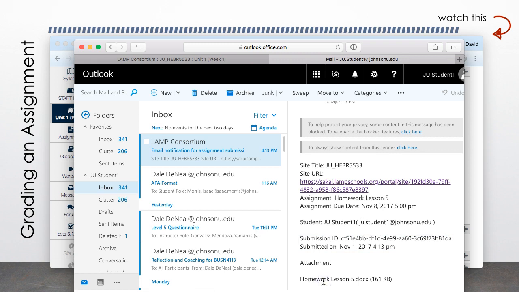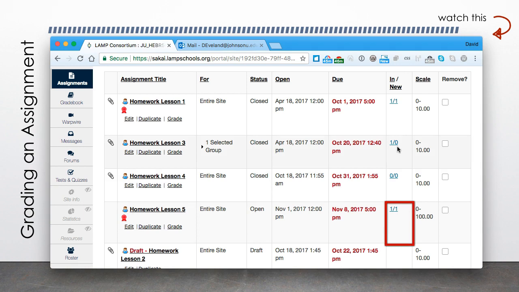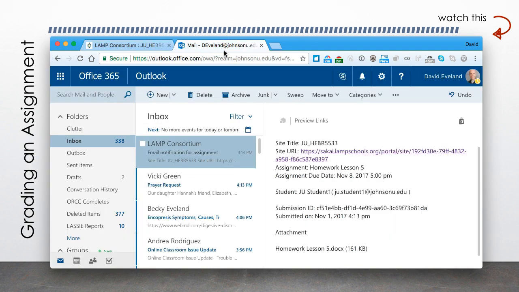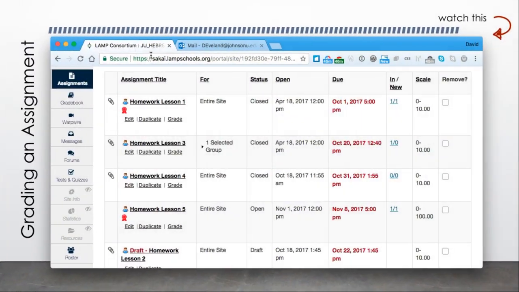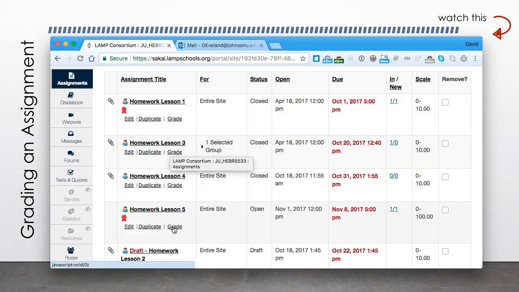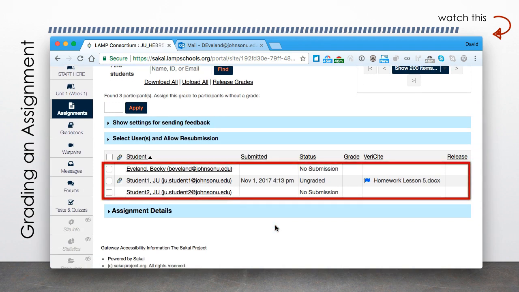any, were included. Going back to the instructor view now, we can see new submissions for assignments by looking at the In/New column. There are also notification settings for each assignment if you'd like to be notified by email of new submissions, rather than having to log in to check for new submissions every time. To grade this assignment, I can either click the grade link below the assignment title or the In/New entry for